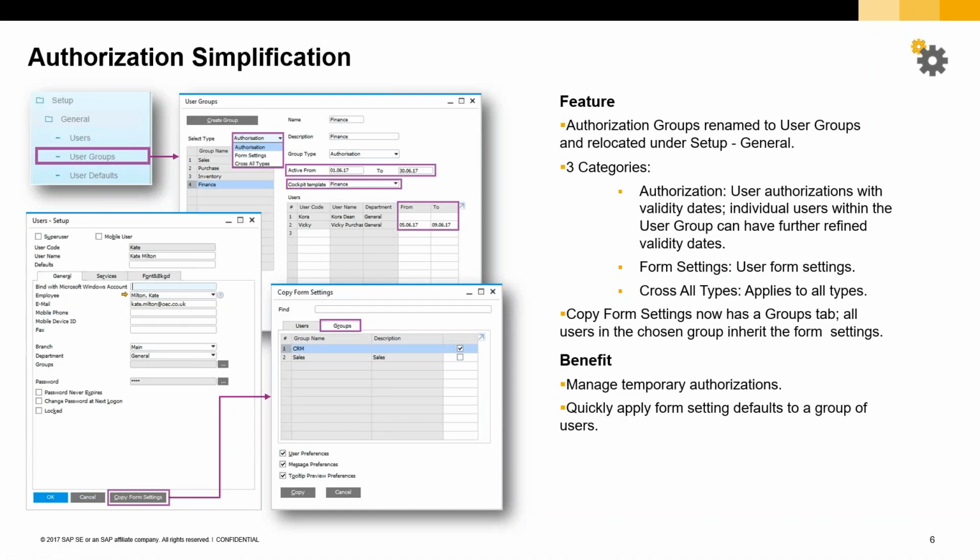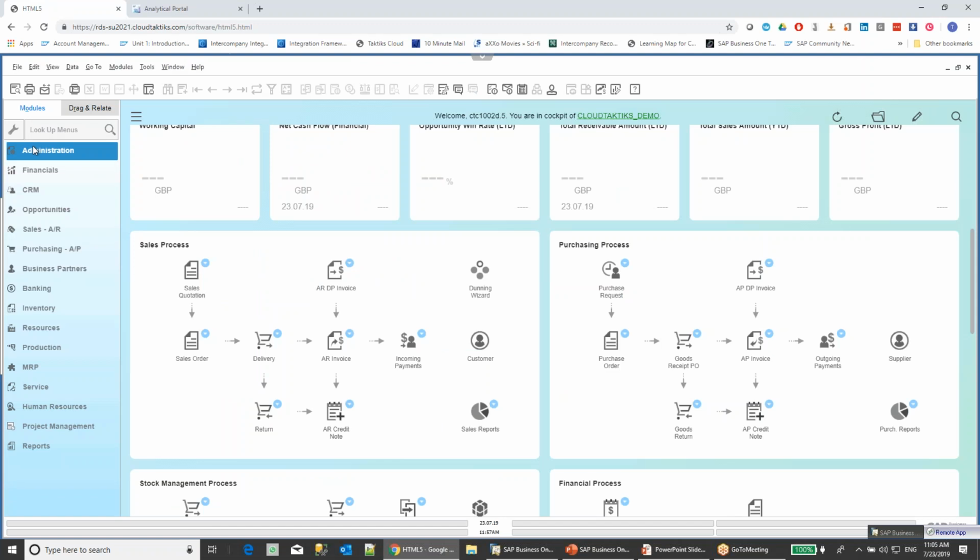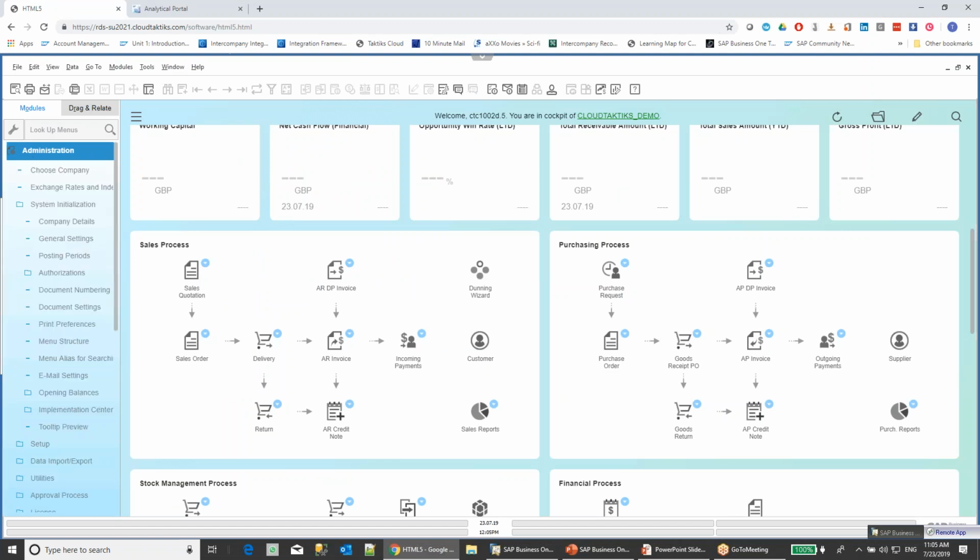Under administration, the first thing that we want to talk about is authorization simplification. We have added the user group. Now each user can have a user group, plus you can identify if you want to copy settings to a group of users or to a specific user, and you can have a group of users only for authorization or form settings. So you go to Business One and you go under administration,